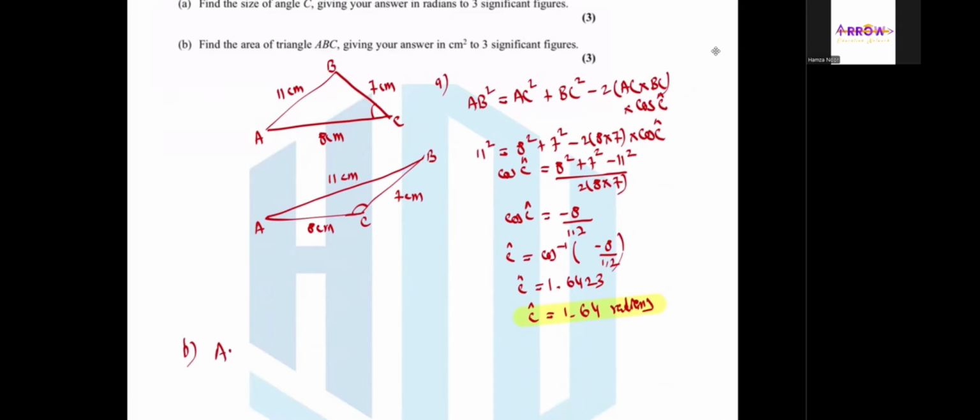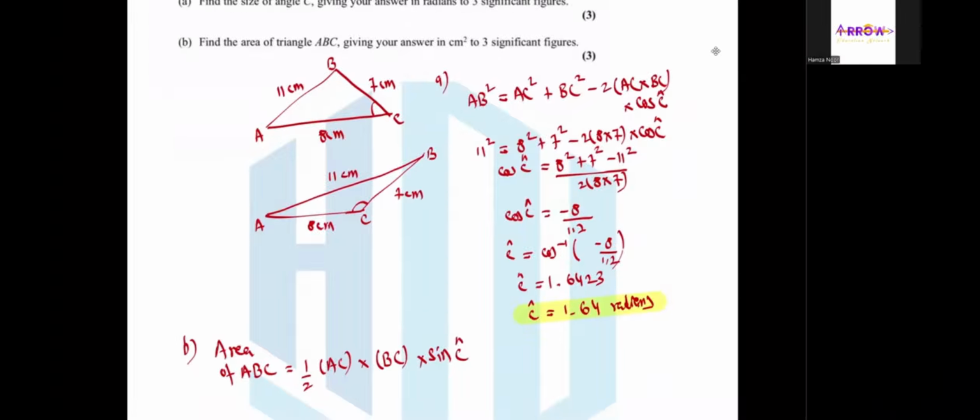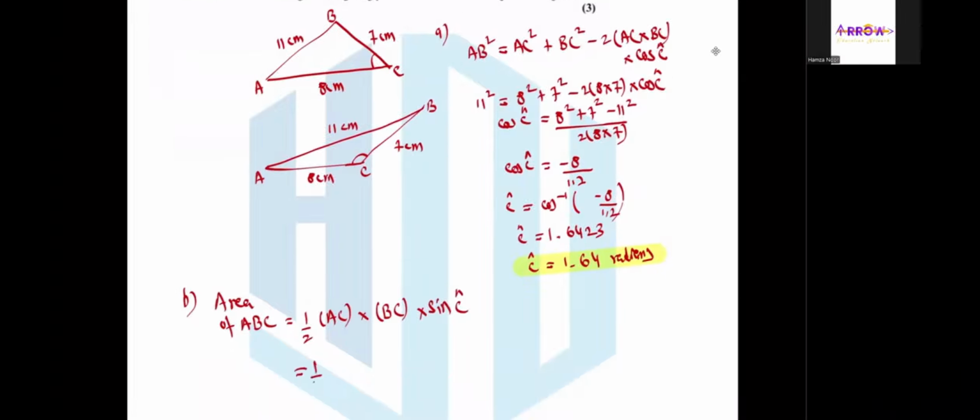The area of triangle ABC would be half into AB into sine C. So according to this sketch, I can say that half into AC length multiplied by BC length multiplied by sine C, where angle C is basically an obtuse angle. Okay, so I can say that half into 8 into 7 multiplied by sine